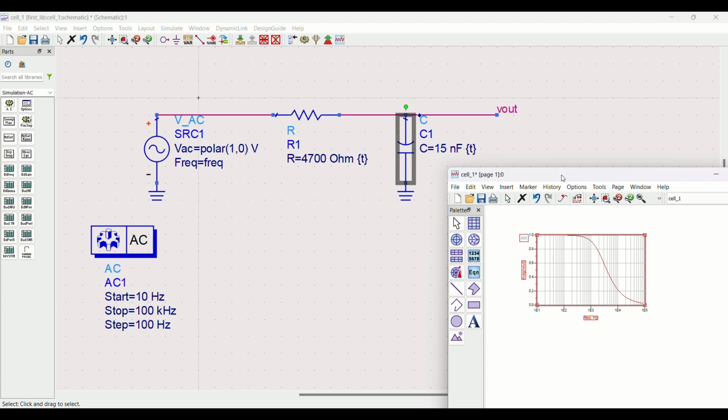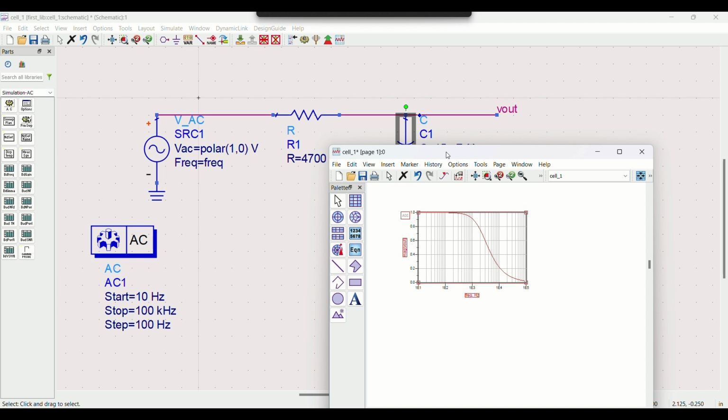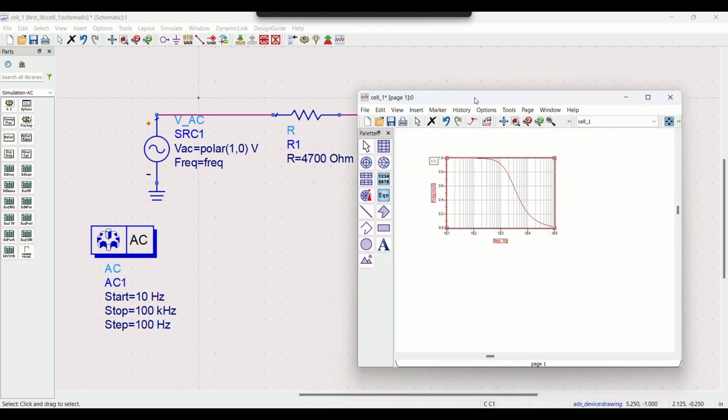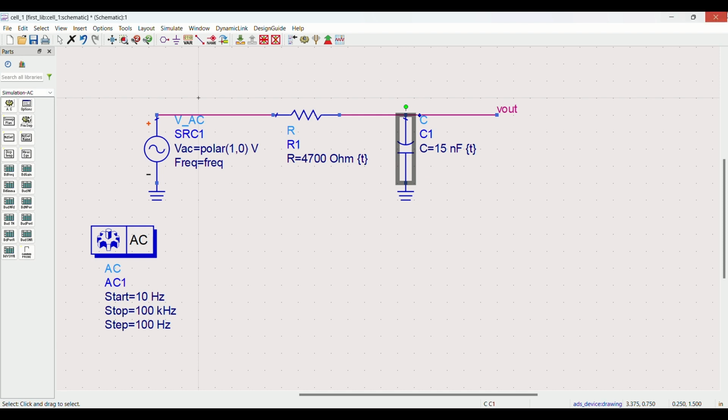So now it is the basic introduction of the interface of the ADS software. We will create new exciting circuits in the ADS software later on in the workshops. Now I can save it by clicking yes, okay, and then